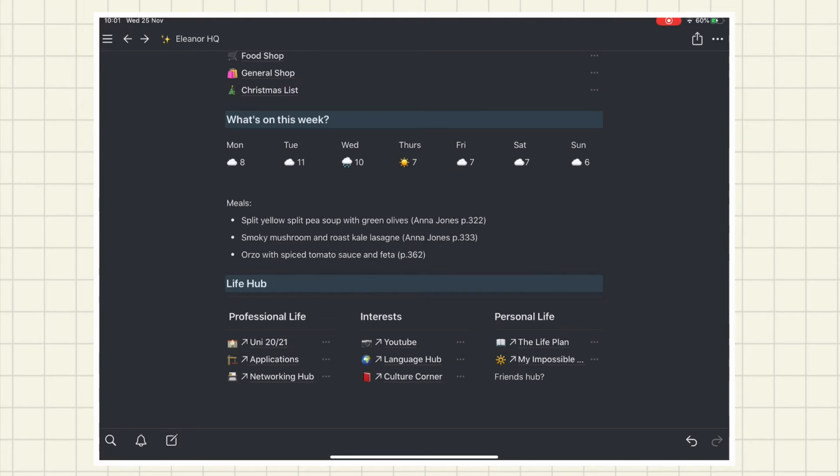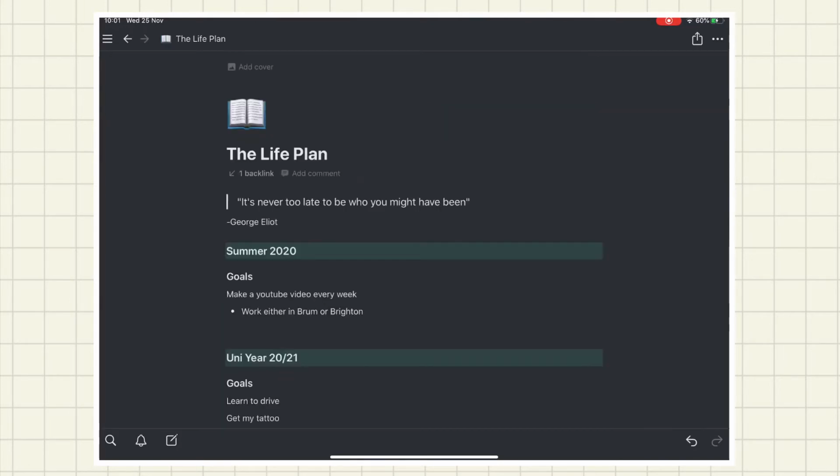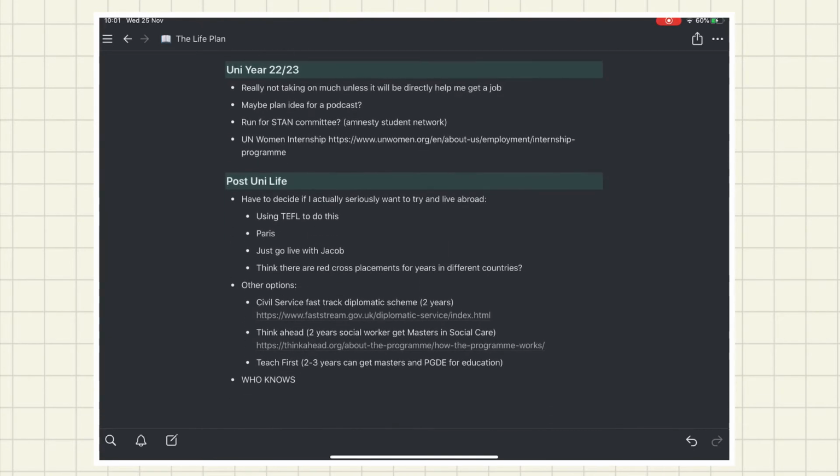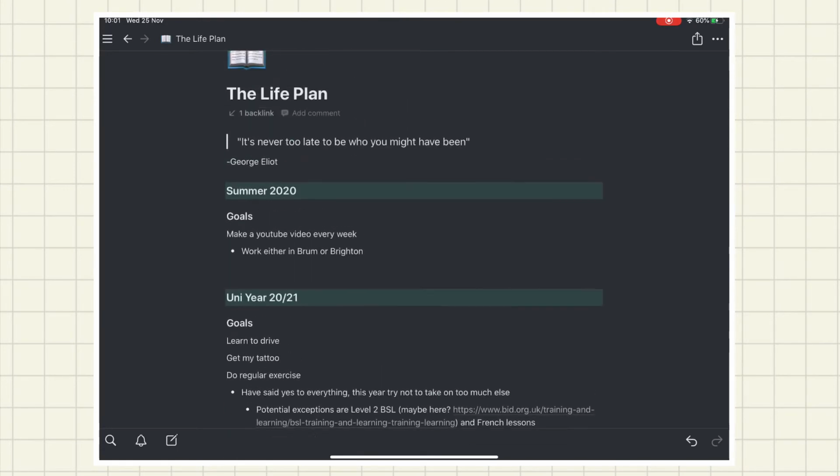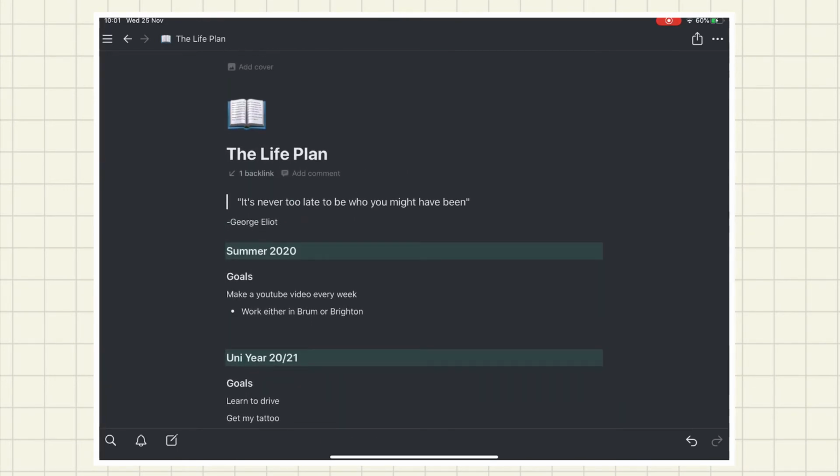This is the life plan. This is something I wrote during lockdown, and I just find it super easy and useful to map out my future and what it might look like and where I want to achieve goals. I don't think this is for everyone, but for me, it's much easier to be able to visualize stuff. I feel much less panicked if I know what I want to achieve and can plan when I might achieve that. It's super flexible. I don't feel tied to it in any way, and I probably need to look up and update it soon,